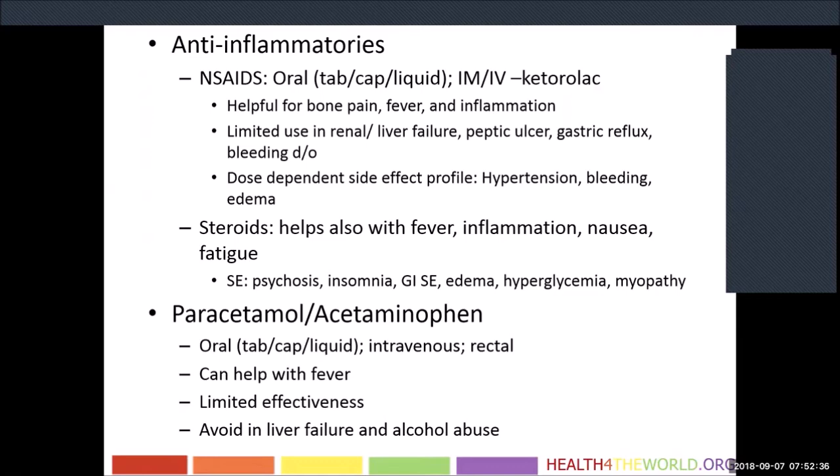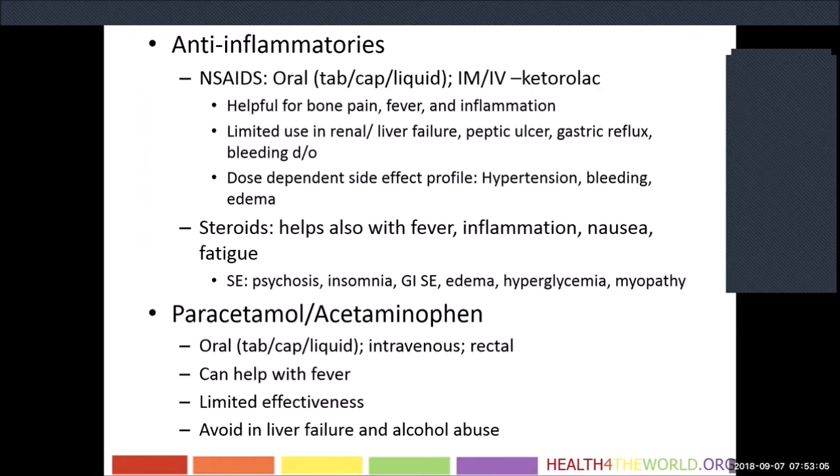Sometimes they can get delirious with the steroids. You can get a little delirious with non-steroidal anti-inflammatories too, but you think more of steroids and psychosis, interferes with sleep, and then causes some of the same side effects of the non-steroidal anti-inflammatories, but you have the added bonus of getting hypoglycemic and weak if you're taking them for a long time. But again, if you're talking at the very end of life, if this is what you have, you can use these medications and just monitor them for side effects.